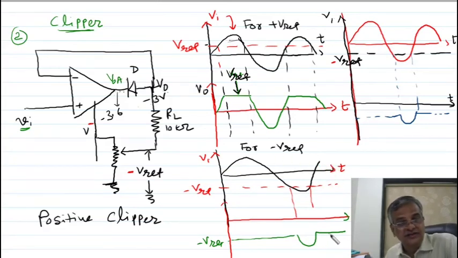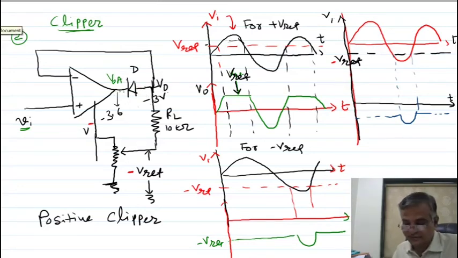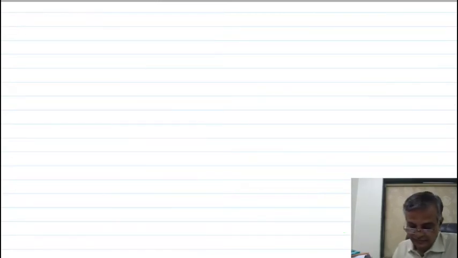Now someone says, sir, I want to discuss the negative clipper. This was the discussion of the positive clipper, when V reference is positive or negative. The circuit diagram of the negative clipper can be obtained by changing the direction of the diode. So I am now discussing the negative clipper. I am showing you this is your negative clipper